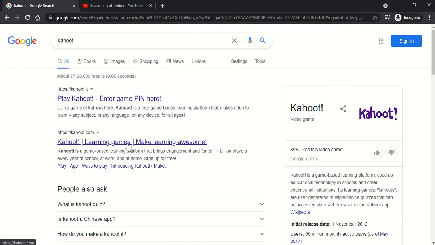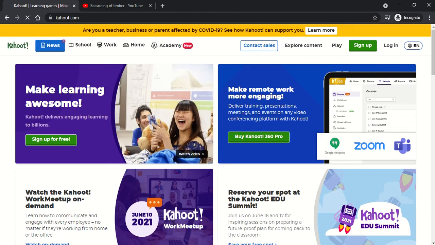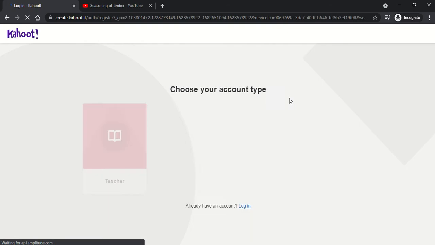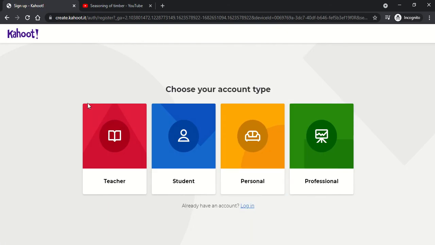So first, point number one is creating the quiz. For this you take this Kahoot Learning Games. Click on that. So this will be the home page you'll be directed to. Now if you already have a Kahoot account, you can directly log in. If you do not have a Kahoot account, you should sign up. Remember, for creating a Kahoot quiz, you do need to have an account for sure.